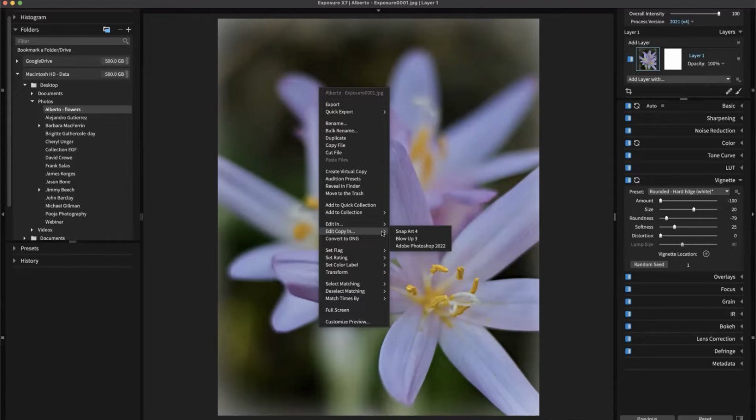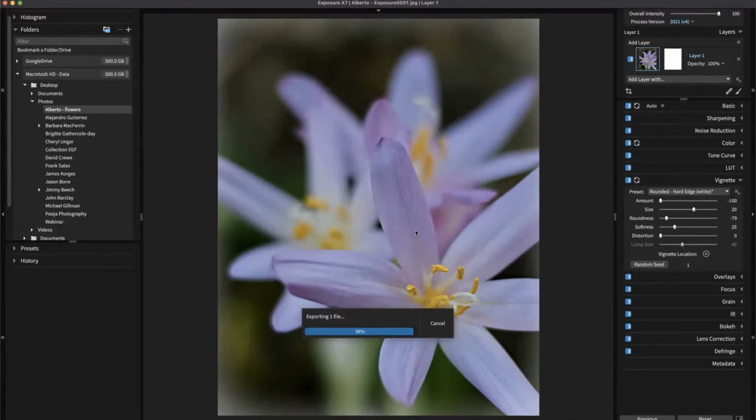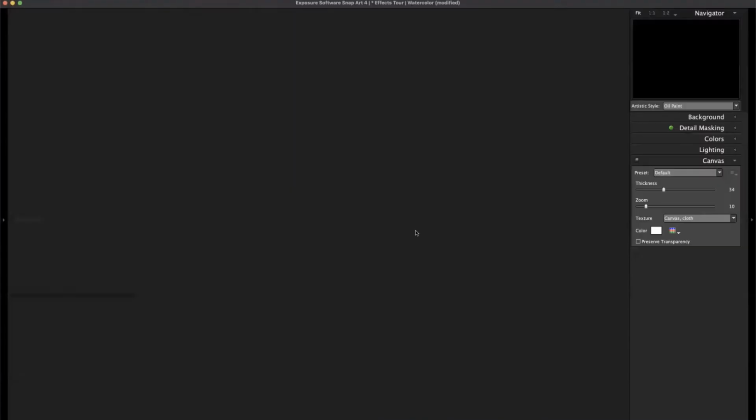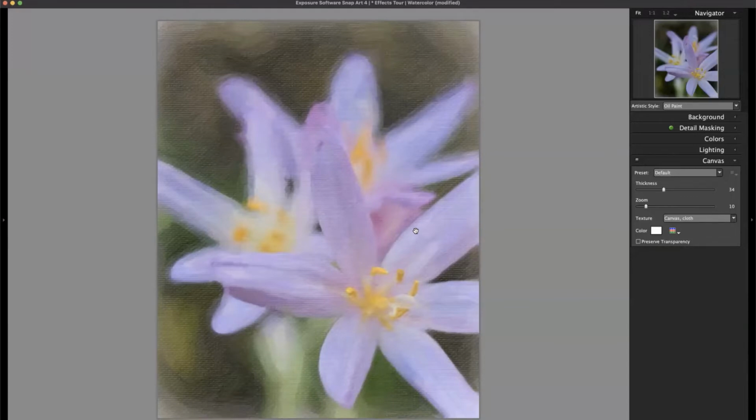So since we've applied some edits to our photo, we put the vignette on there, we put some color tweaks, we did some saturation too, inside of the basic panel. And so we want to include that stuff. That's why we want to do edit copy in SnapArt 4. Now, I have this set up so that it will save a TIFF image. That's just what it's set up by default. We can update that if you want to keep it as a JPEG image instead of a TIFF image, and